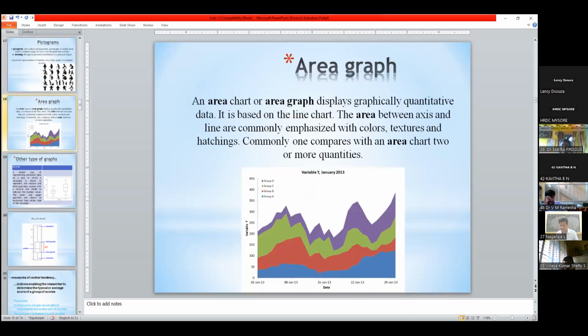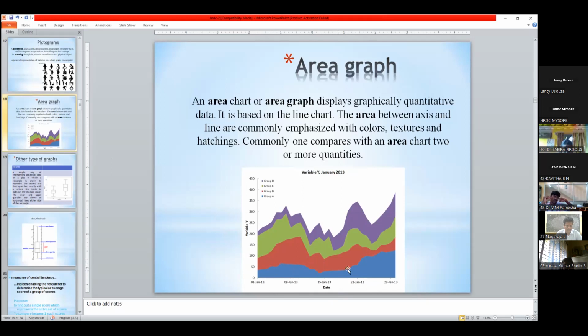Then comes the area graph, maybe in geography and so on. I think this could be much easier. Now you see groups A, B, C, D have been displayed through different areas with different colors, and each area shows how much coverage it has. For example, over the days something is given. So variables x and y, one is the timeline 1, 8, 15, 20, 29. The whole of January is being covered, and